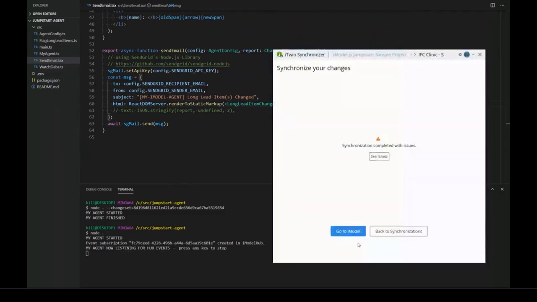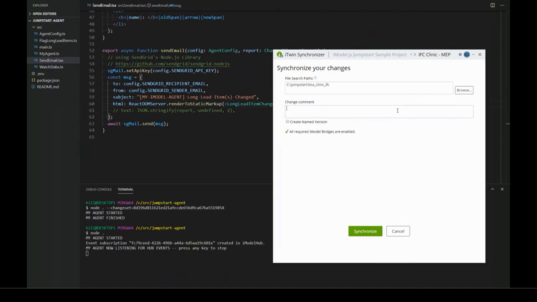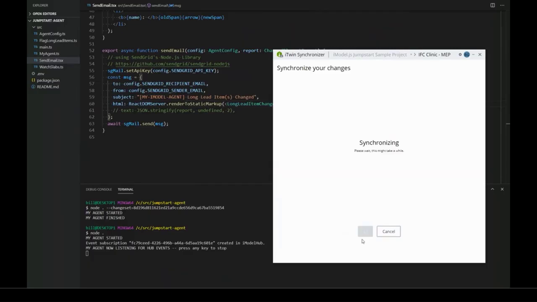I'm going to come to the iTwin synchronizer, and I'm going to synchronize, again, some prepared changes. And I'm going to also create a named version while I'm at it. Now, this is a much bigger IFC file, and this probably can take up to a minute to synchronize. So while we're waiting for that,